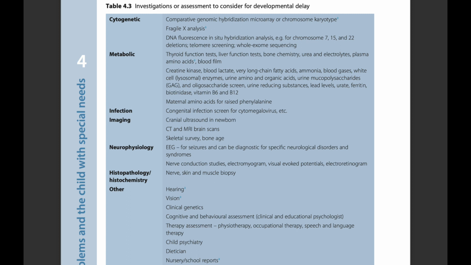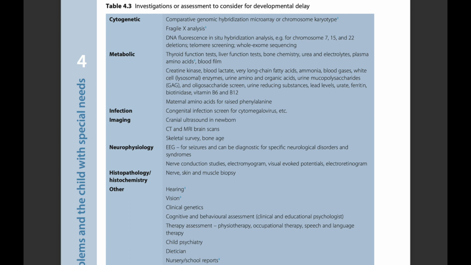Now, in the table, investigations or assessment to consider for developmental delay: cytogenetic, comparative genomic hybridization, microarray, a chromosome karyotype, fragile X analysis, DNA fluorescence in situ hybridization analysis, for example for chromosomes 7, 15, 22 deletions, telomere screening, whole exome sequencing, metabolic, thyroid function tests, liver function tests, bone chemistry, urea and electrolytes, plasma amino acids, blood film,